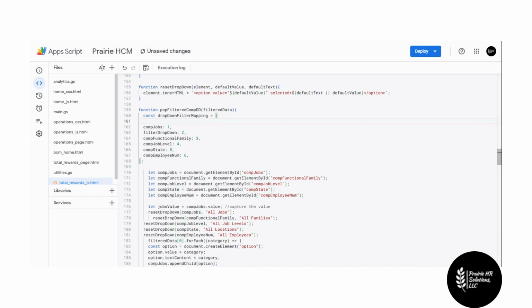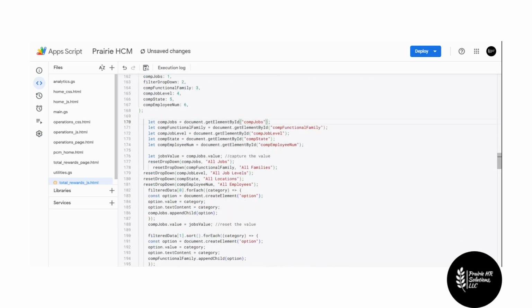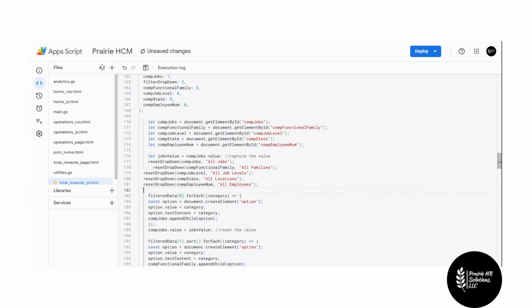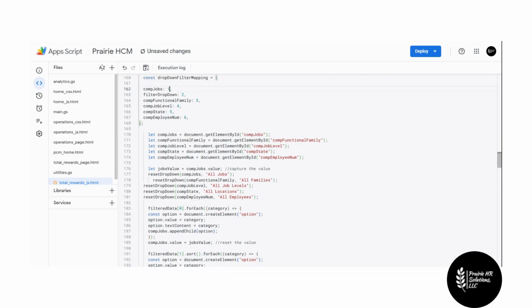What we need is our comp jobs. Now our comp jobs is actually going to be 0. So we change this to 0. And what we're doing up here is creating a map so this can follow it and pull as it needs to. And the filter dropdown we don't need,